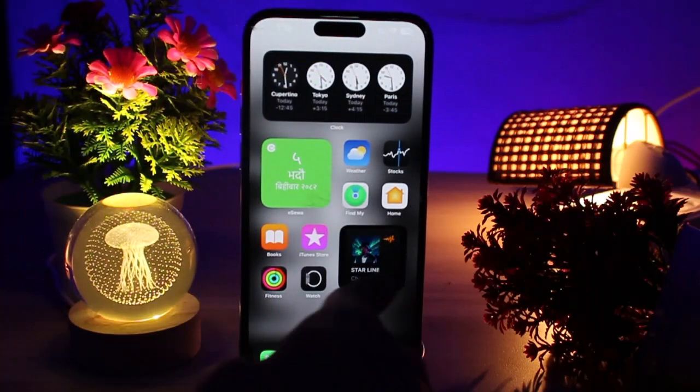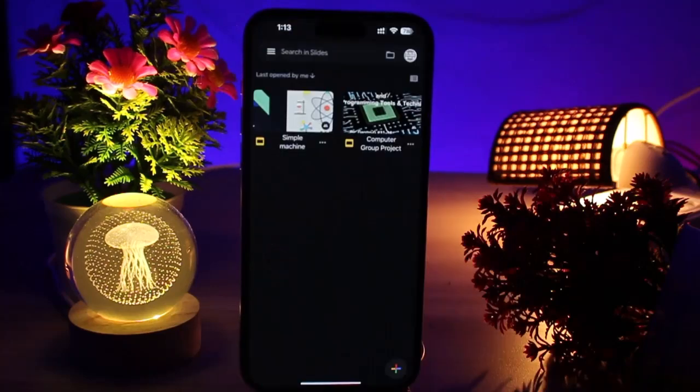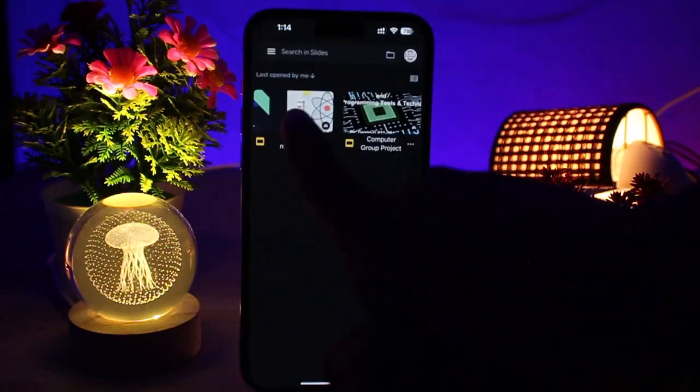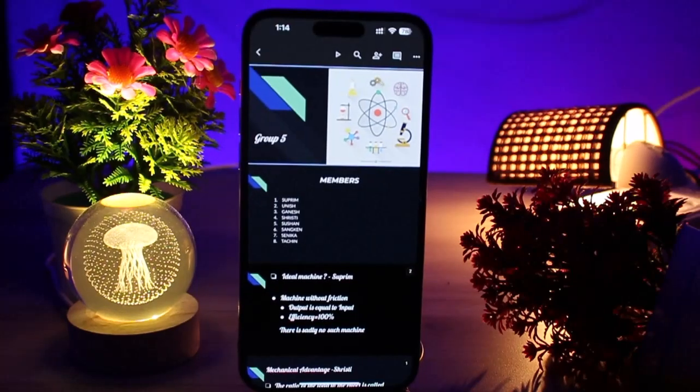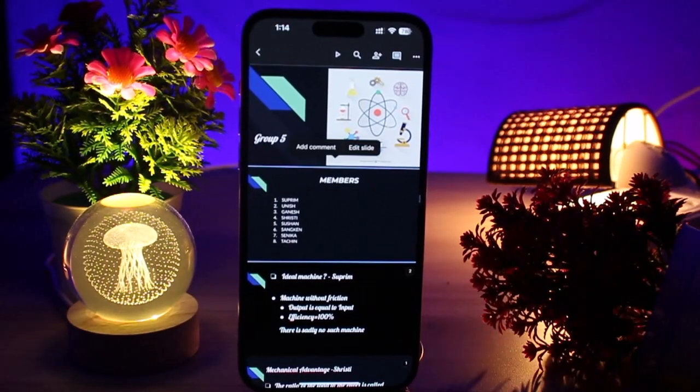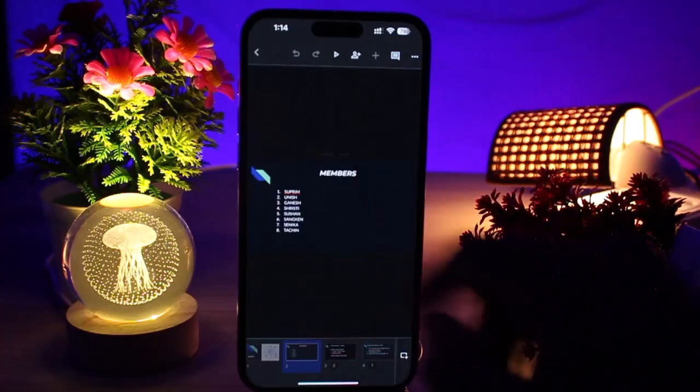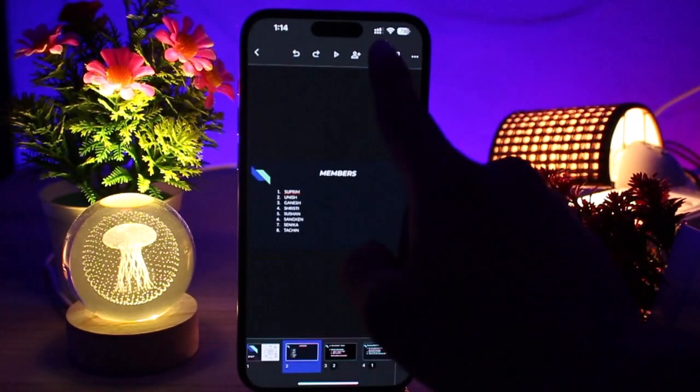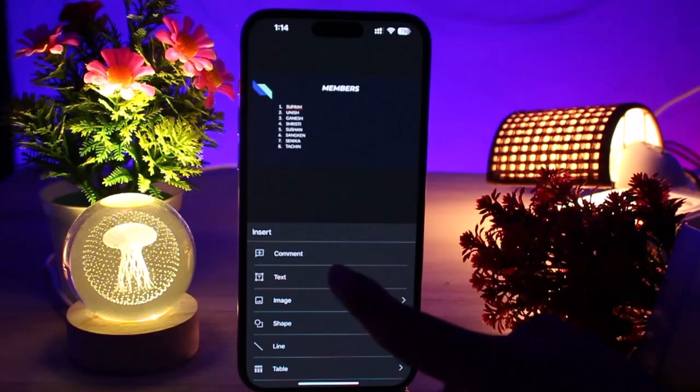First, you need to open your Google Slides app on your phone or your device. Now simply open the presentation where you want to add the bullet points. Now in here, simply click on your presentation once and a pop-up will come up saying edit slides. Simply click on it, and after that you can simply click on the plus icon and go to the text